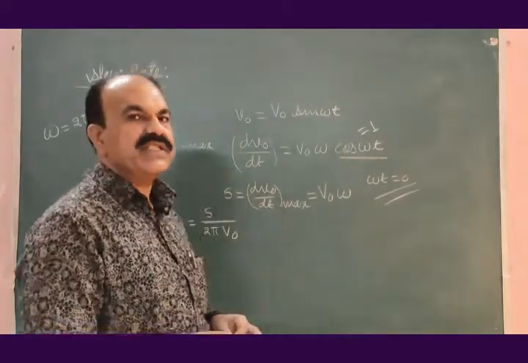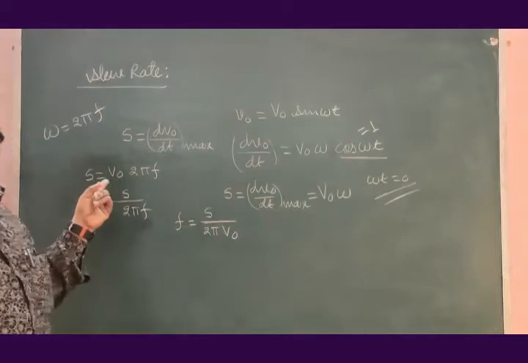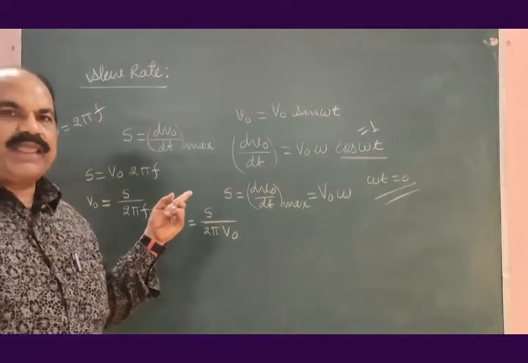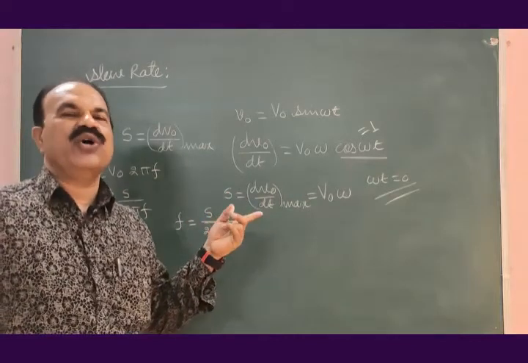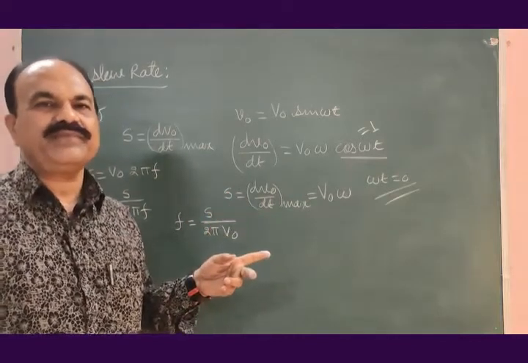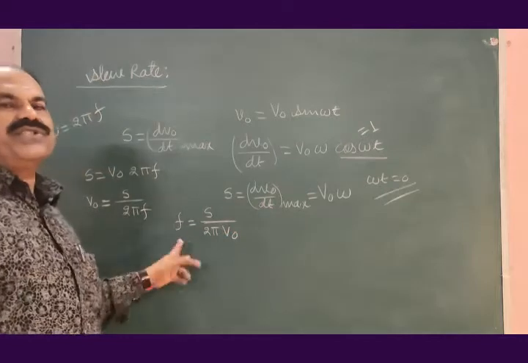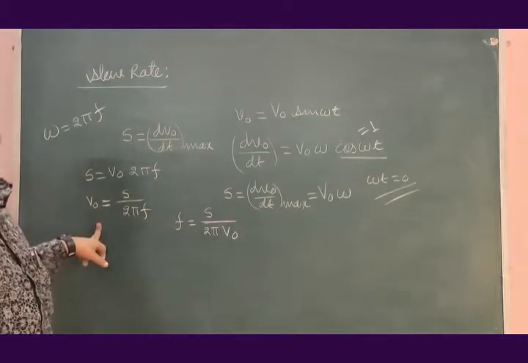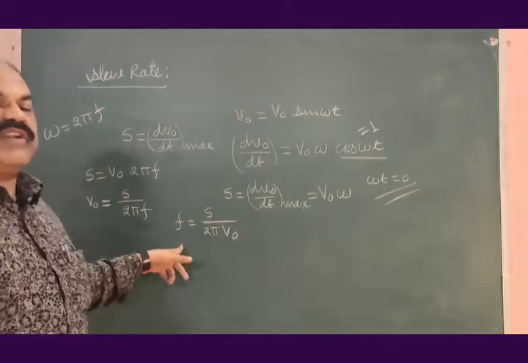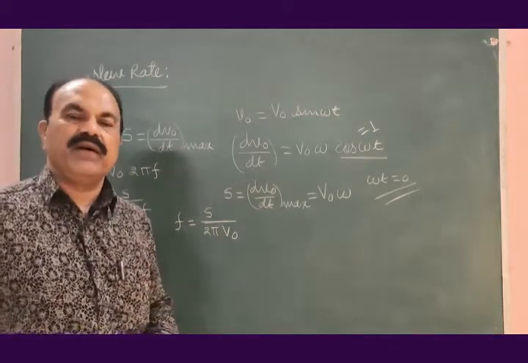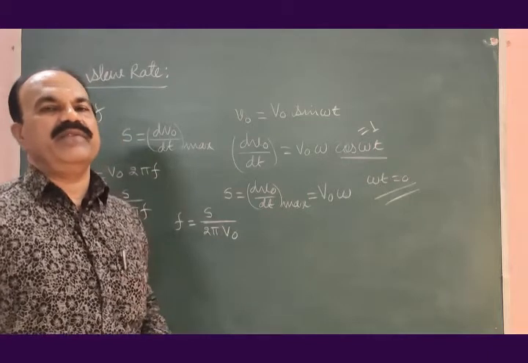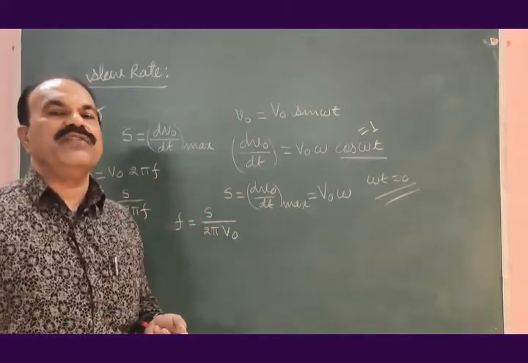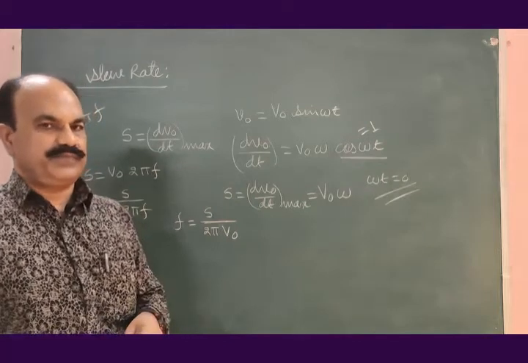So these things will happen because of this slew rate. Whenever we try to use higher frequencies or step voltage, one of these two things will occur. Either we have to sacrifice amplitude of the output voltage or frequency of operation of the operational amplifier. So this is about slew rate of the operational amplifier.